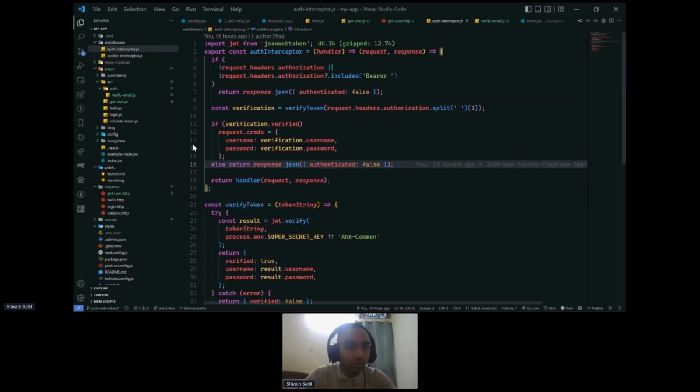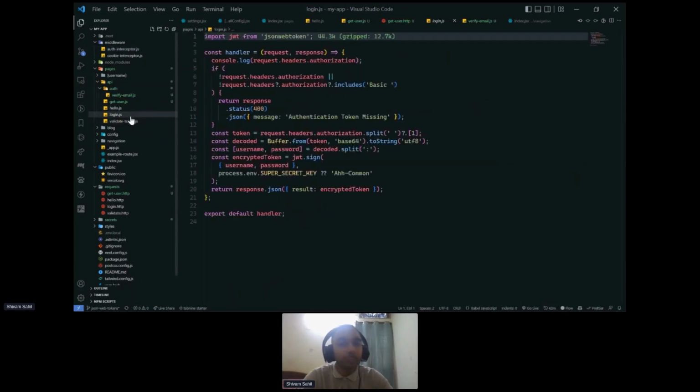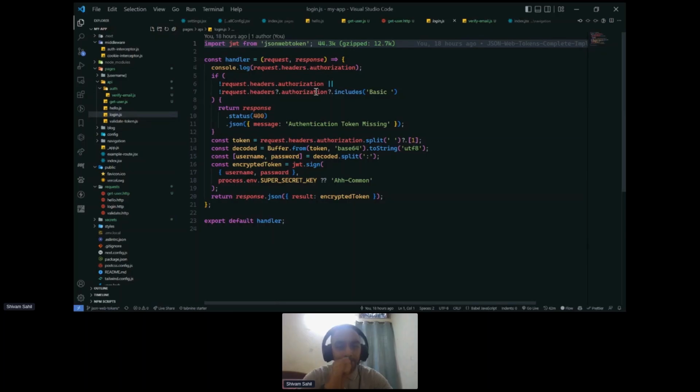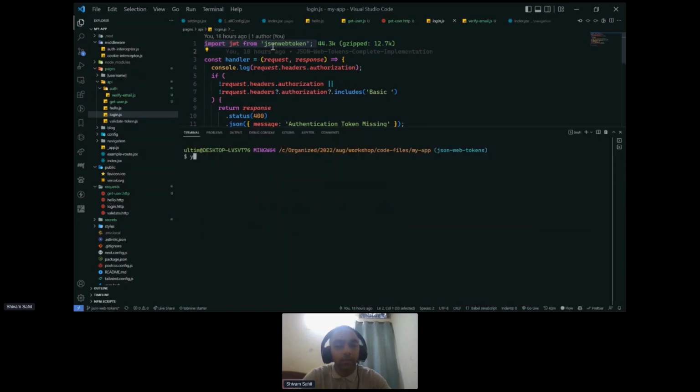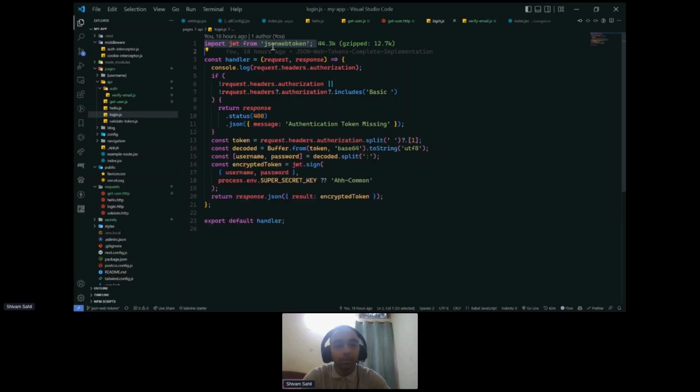Now, if I show you here, let me go to the login.js, which is again an API endpoint. So here I'm using this library called JSON Web Token. For this, you have to do either npm install jsonwebtoken or yarn add jsonwebtoken, whatever you prefer. Once I get request headers dot authorization, I'm just checking if the authorization is existing and if it is